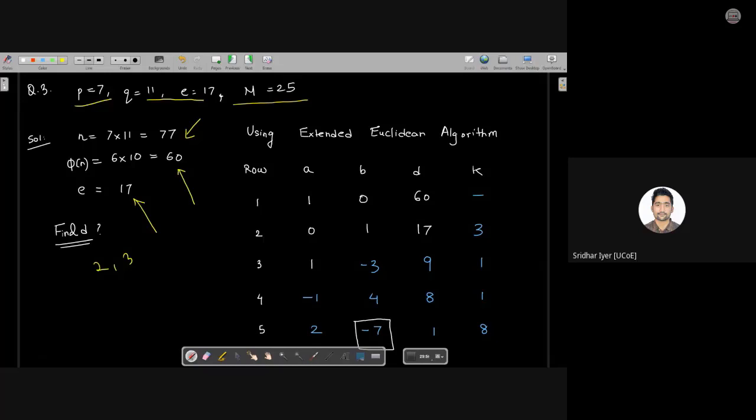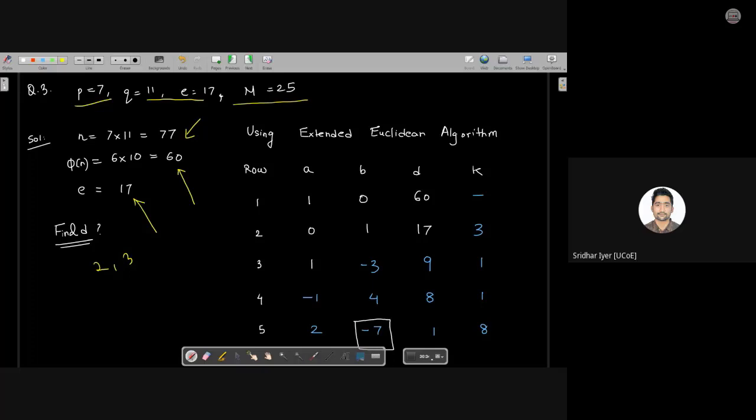Yes, we can take 13, because 60 is not divisible by 13 and the GCD between 13 and 60 is going to be 1. There are no common factors. So we could have taken E as 13, but in this problem they have mentioned E as 17, so we have to solve it using that only. 17 is also viable, right? Because there is no common factor. 17 is a prime number, so there is no factor possible over here. Generally, these are prime numbers only. Okay, so we're considering E as 17, let's start our problem.